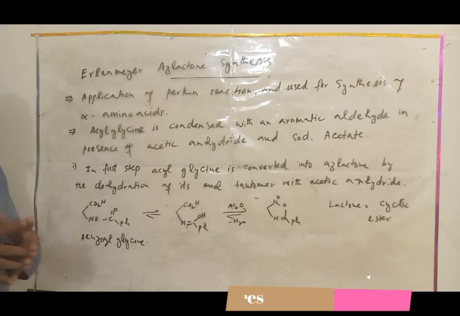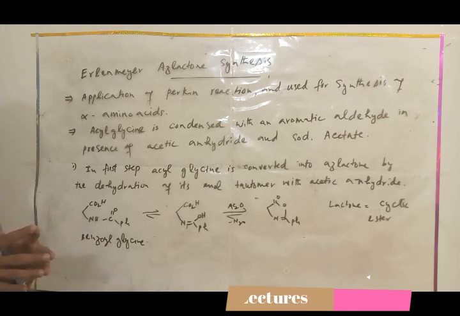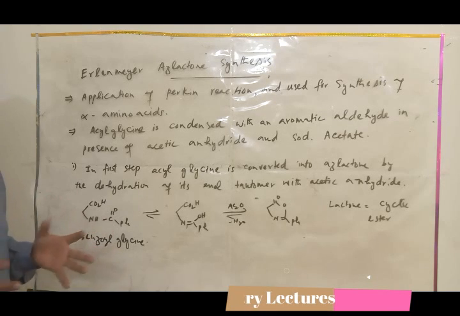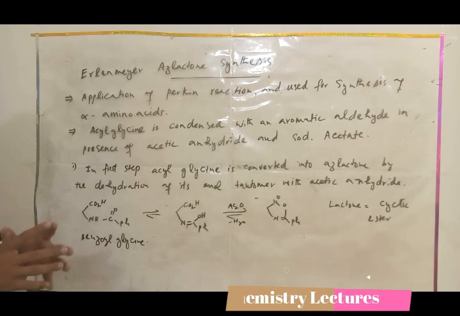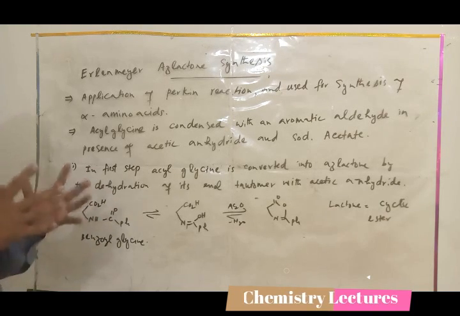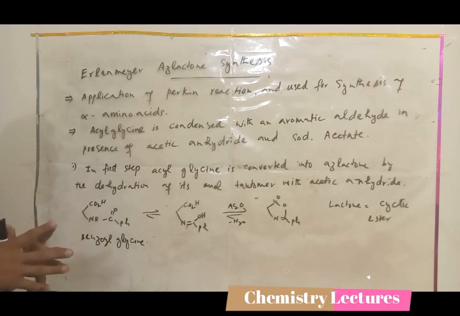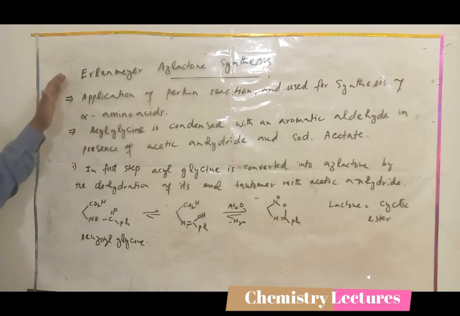So actually you have studied the Perkin condensation reaction. This is the application of the Perkin condensation reaction. You remember that in the Perkin reaction we treat acetic anhydride with benzaldehyde to elongate the acetic chain, so we get the alpha beta unsaturated carboxylic acid. It is an application of the Perkin condensation reaction, which will be used for the synthesis of alpha amino